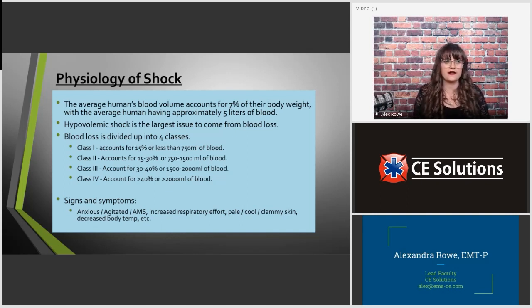Quick story for you guys. I actually had a traumatic miscarriage a while back, and I had an ovarian cyst that ruptured, and it was very painful. I didn't know I was bleeding internally, so I finally went to the hospital, stubborn paramedic, finally, after probably an hour and a half of sitting on the couch in pain. And they finally did an ultrasound on my abdomen and found some free fluid, which they did an ultrasound instead of a CT because I was pregnant, of course. So they're like, you have some free fluid in your abdomen. We're going to have to do emergency surgery. So I ended up being in class 2 shock because I lost 900 mLs of blood. They did not give me a transfusion,